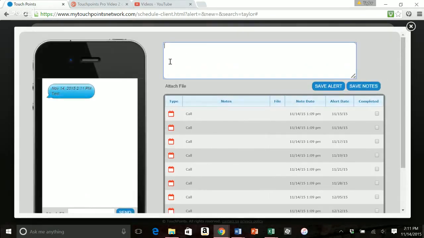You can send it straight through text message. Again, here's a section for notes. You can put in any notes here, and it will save it right here in this log. Same thing for an alert. You could put in